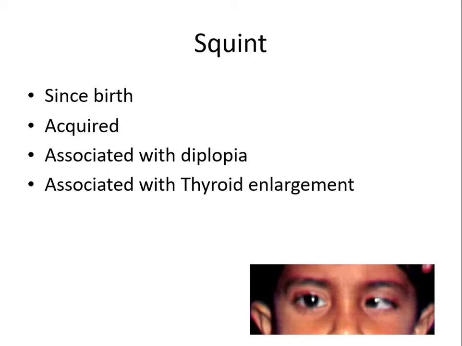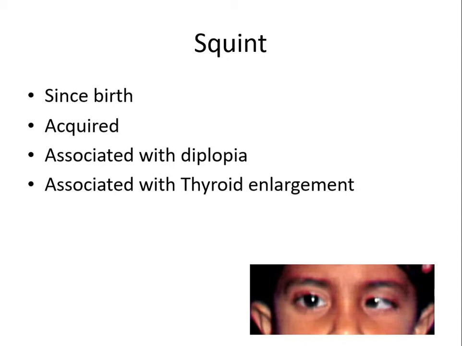Here in this picture, you can see when I am throwing the light onto the face of the patient, in the right eye the reflection of the torch is falling into the center of the pupil, whereas in the left eye it is falling at the limbus, the temporal limbus. Limbus is the junction of the cornea with the sclera. Are you able to see that?